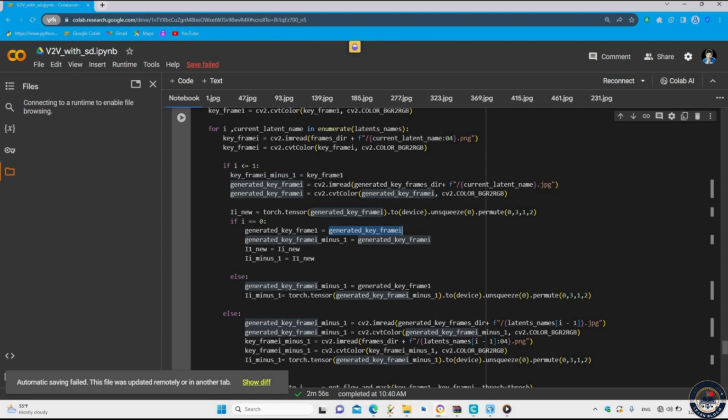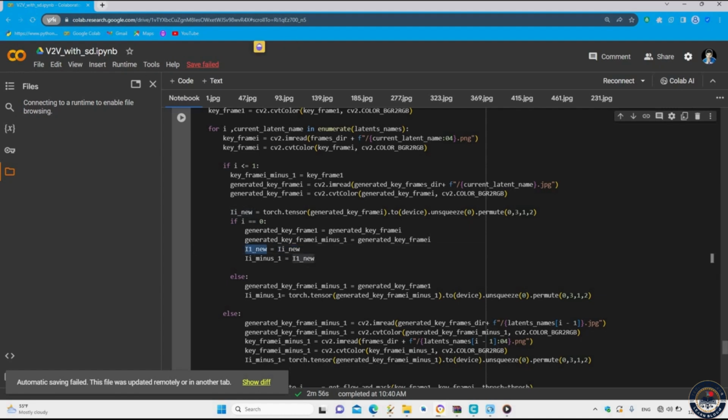So now we have just one keyframe here, one generated keyframe. So we will make generated keyframe 1 equal to generated keyframe I, and generated keyframe I minus 1 equal to generated keyframe I. And here we will make I1 in U equal to II in U,